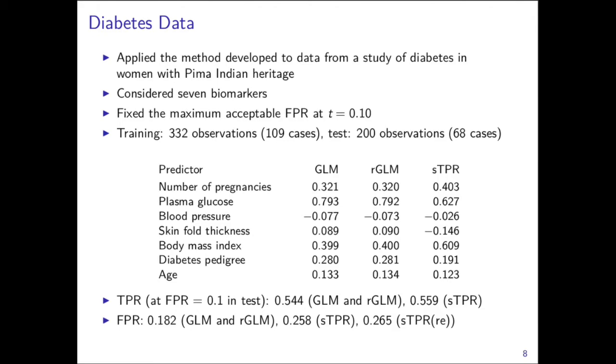So the fact that the false positive rate was a little bit too low in the logistic regression methods and a little bit too high in our method indicates that there were important differences between the training and test data, which is not that surprising given that both data sets were small. So if our goal were to analyze this data set, I would probably do repeated sample splitting. For the sake of illustration, these are the results.